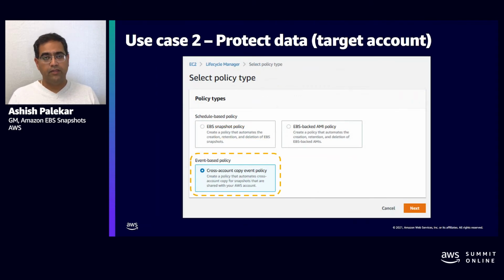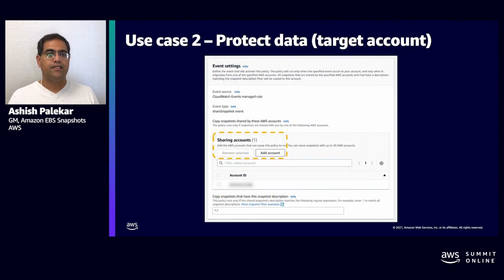The target account, because it's the receiver of the event, needs an event-based policy. And there we select a cross-account copy policy. This policy now receives the copy event. Based on the copy event, you first have to enable it to use the shared account.